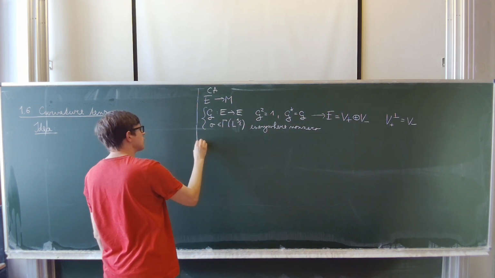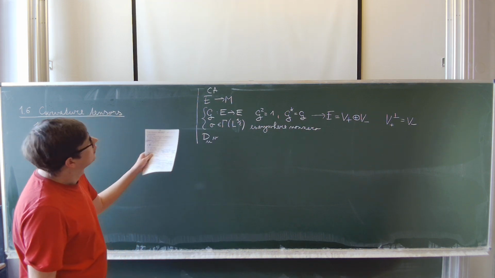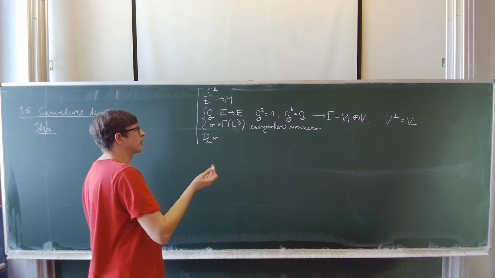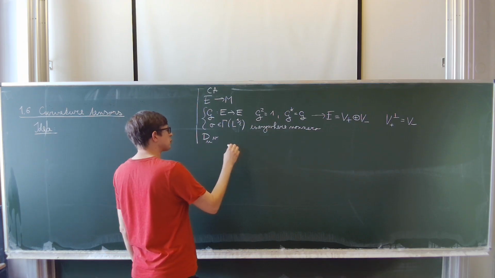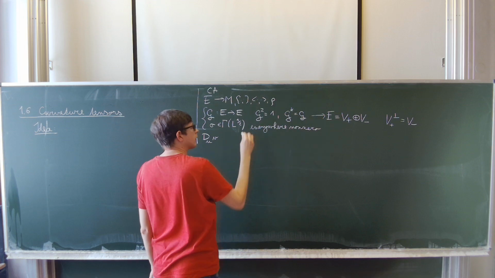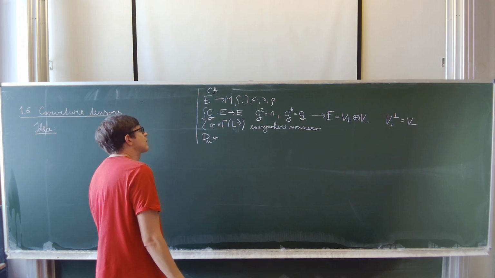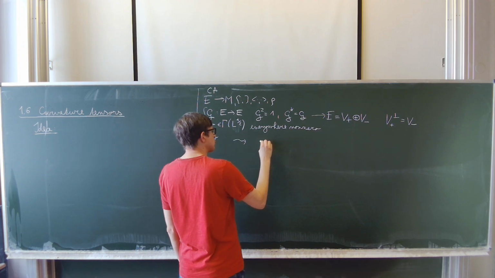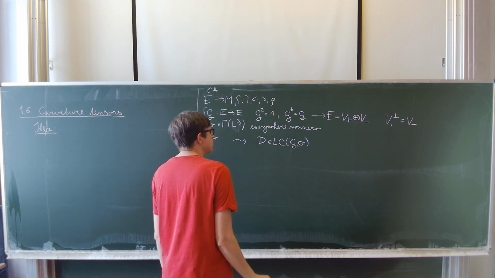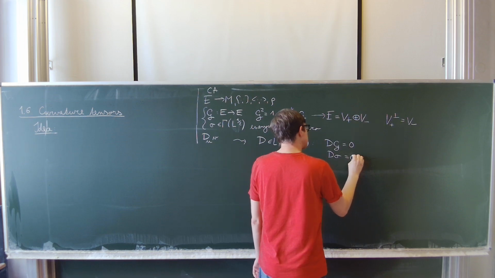And then we talked about connections, where we differentiated the section along the other section. This was subject to some connection axioms. Also, we asked this to preserve the pairing on the Courant algebroid, bracket, pairing and anchor. And then we discussed what it means to be torsion-free and what it means that it preserves G and sigma. And we defined Levi-Civita connections. So we said that D is inside the Levi-Civita class, which is sigma. This meant that this was 0, this was 0, and the torsion